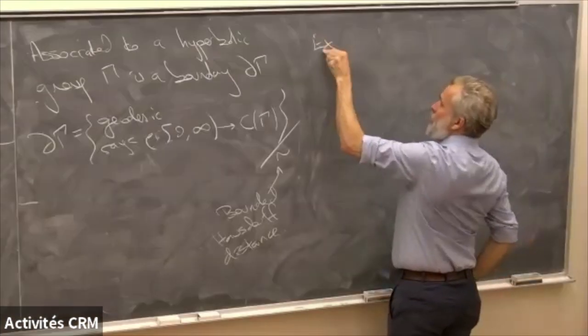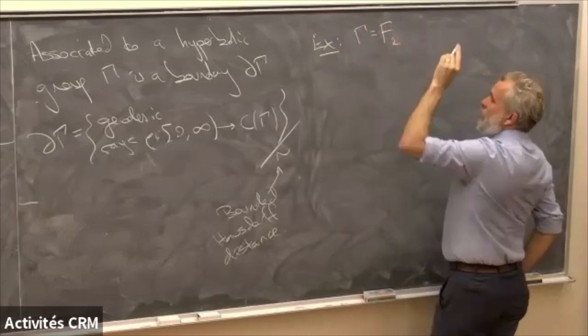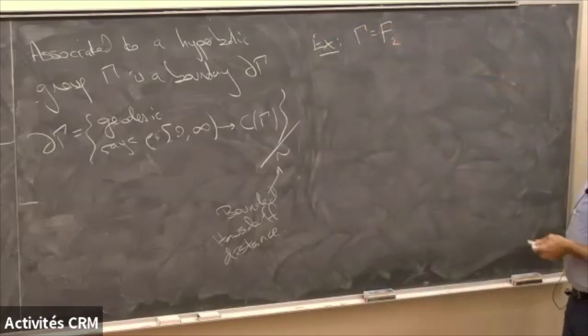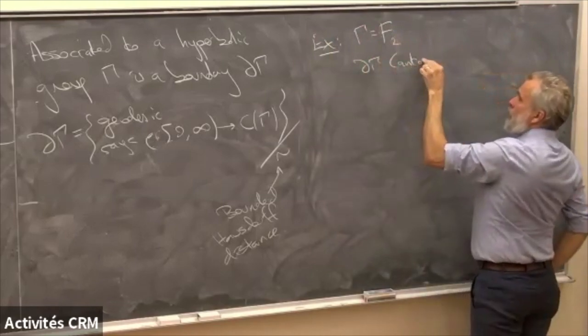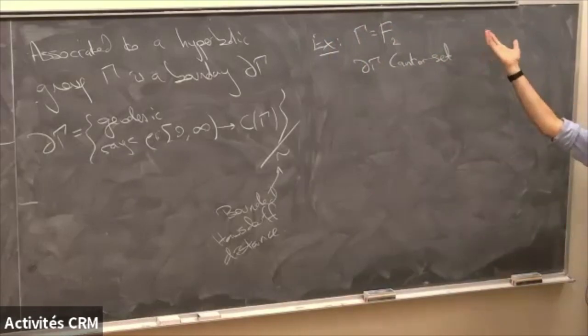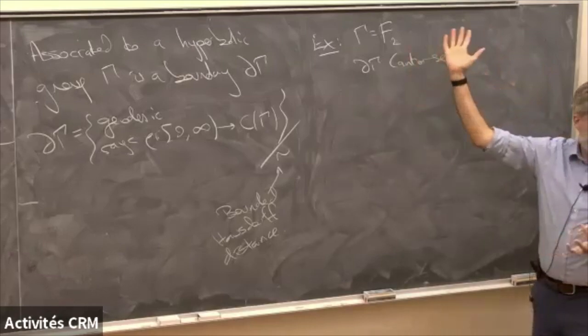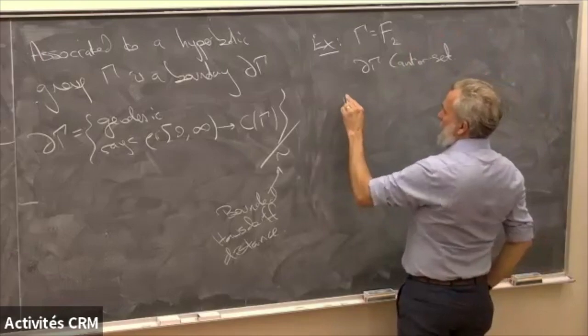So here are some examples. Another example of a hyperbolic group is a non-abelian free group, or any free group. And then the boundary of gamma is a Cantor set. You can sort of imagine that from the Cayley graph, taking the Cayley graph to be a tree, and then you're thinking about the ways out to infinity in a tree, and then the natural boundary of the tree that we saw today in Ian's lecture will be the same boundary of that tree. This is not a rooted tree, doesn't make any difference, it turns out.